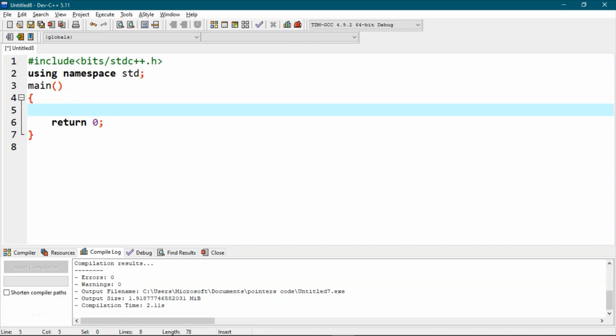Let's declare an array of size 7 and assign them some value.